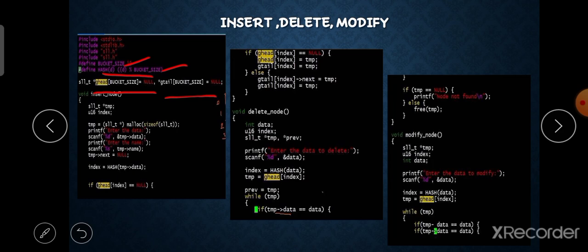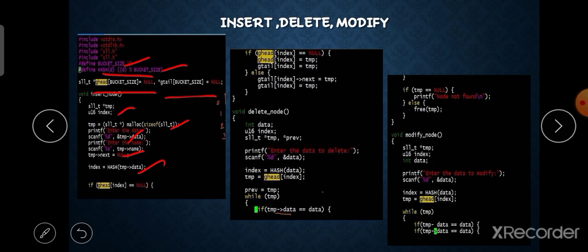In the insert mode, first we include the U16 index, which gives us the index value declaration. Second, normally the allocation of memory happens, getting data and names, and this is the working of insert mode. Then temp is set to null, the second node is created and data is put in, and this happens in the insert mode. This code is newly created for the hashing.